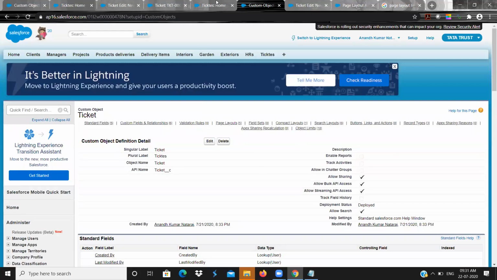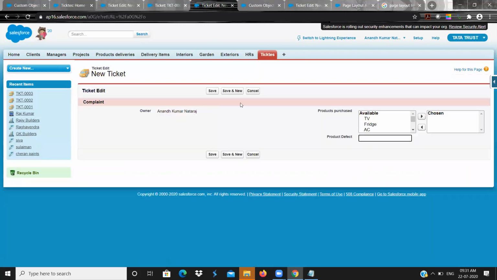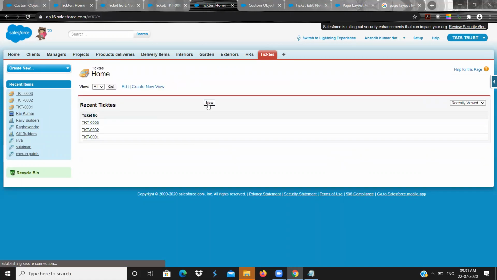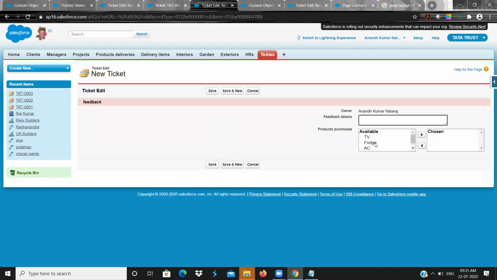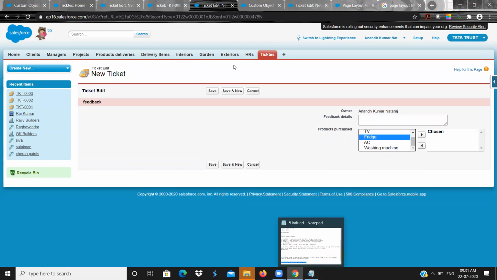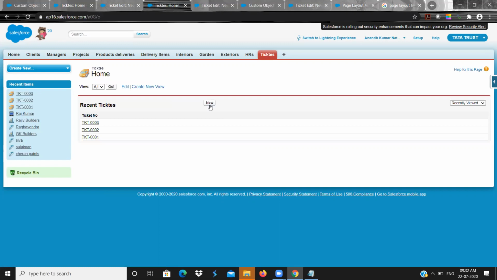Now go to ticket, new ticket, and sorry, just refresh it. Now go to new ticket. Now go to feedback, continue. So now you can see product purchased, but you will not see laptop, tab, and mobile. So pick list values you can control based on the record type. Now go to the ticket object and click on new ticket.